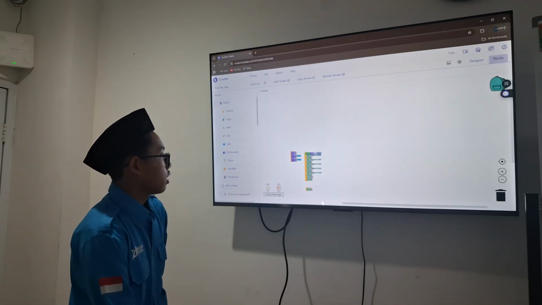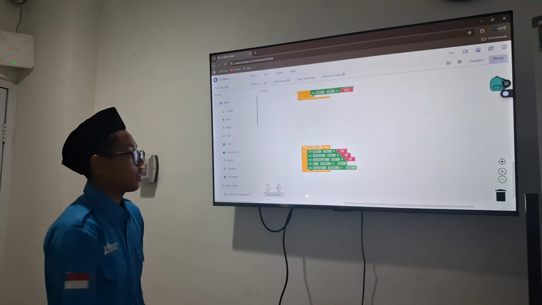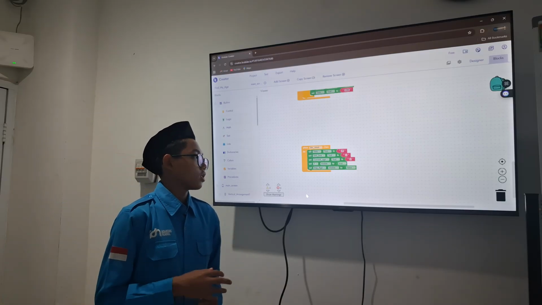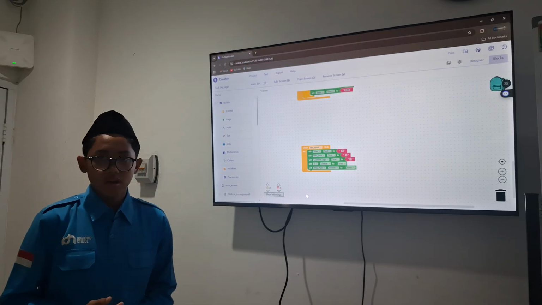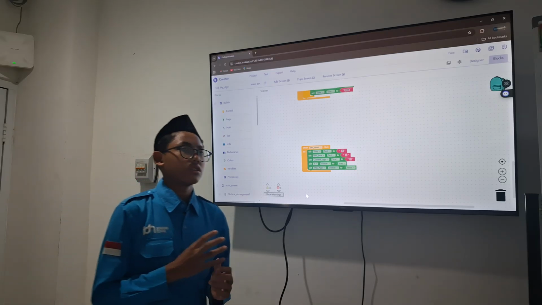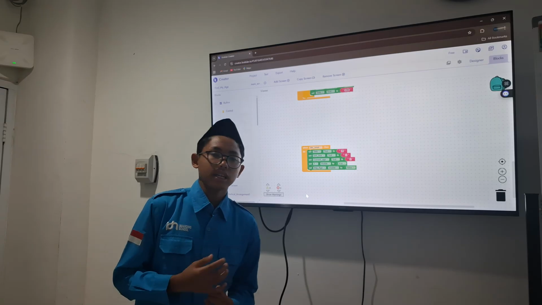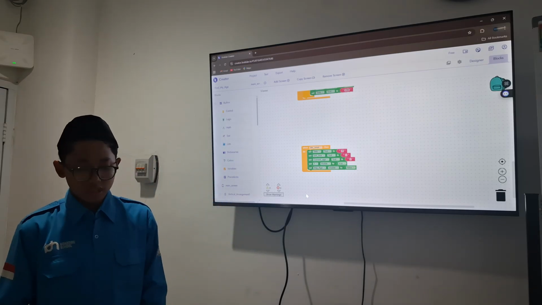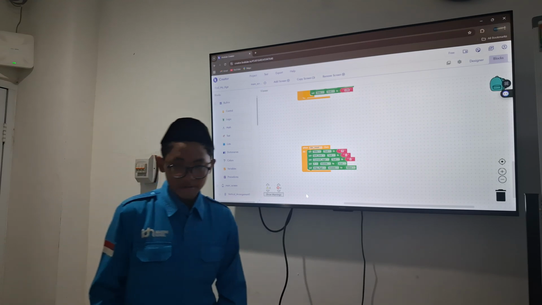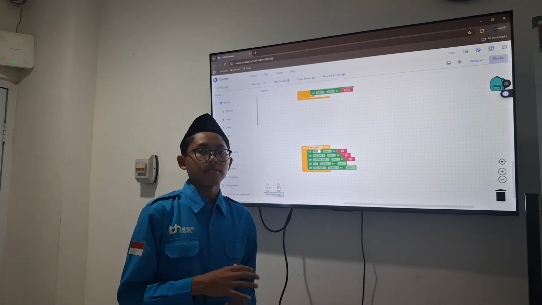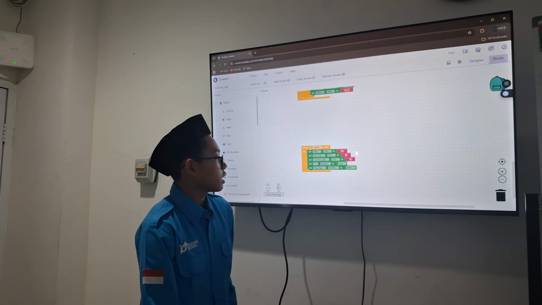And here there is a reset button. If we click it, the text box, the age image, and the age text become 0 or null again, just like this.